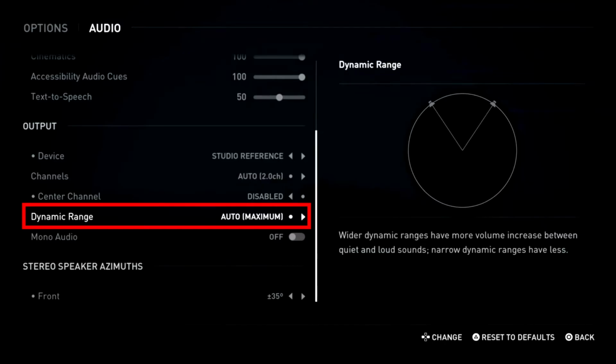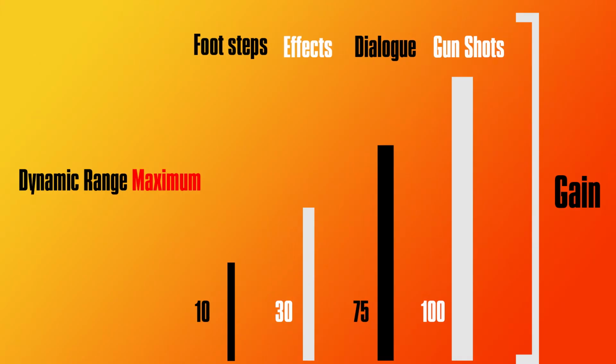We have 2 kinds of sounds in the game. Some of them are more quiet and some of them are louder. For example, we have louder sounds for the guns and weapons, and we have quiet sounds for footsteps and some other effects. So let's take a look at this picture. I made it for you. Is it good? Please let me know in the comments below if it's good, if you understand this picture.